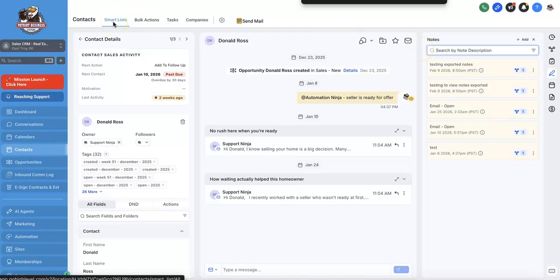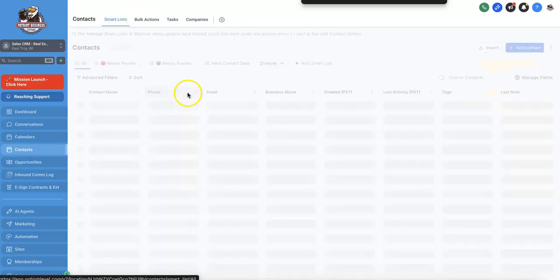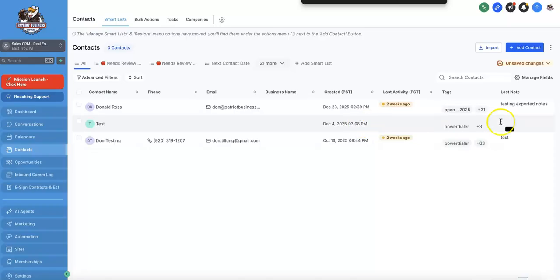Now, as far as being back on this main page and being able to do anything with it, the only thing that you can add is the last note on a page here, and you could view it there. But as far as exporting or bringing it out externally to a CSV file or an export of that nature, just like Podio, comments were not able to be exported, neither are the notes inside of Patriot Business